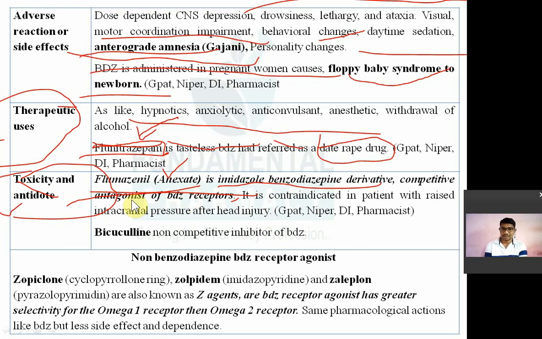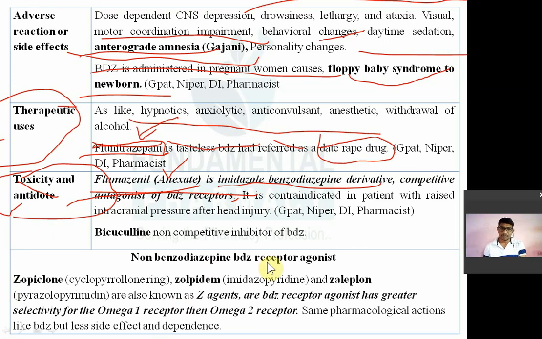Flumazenil is also contraindicated in patients with intermittent porphyria. If there is an increased level of porphyrins in the blood, that is intermittent porphyria. Porphyrin is responsible for the formation of